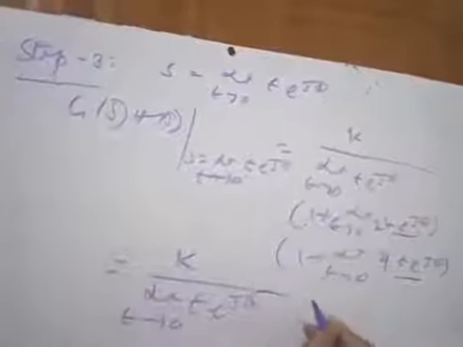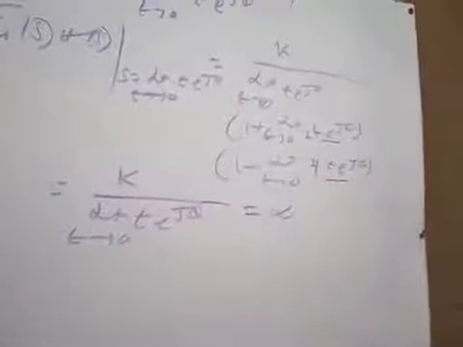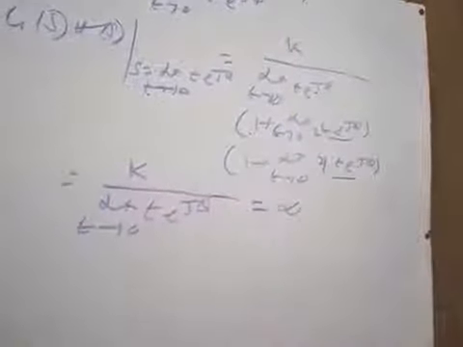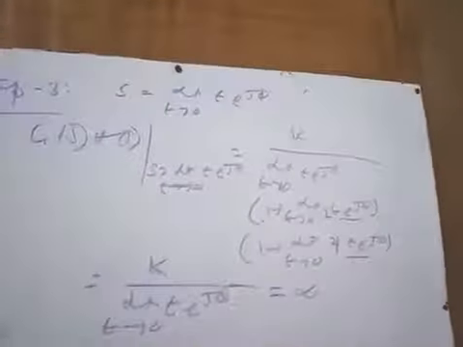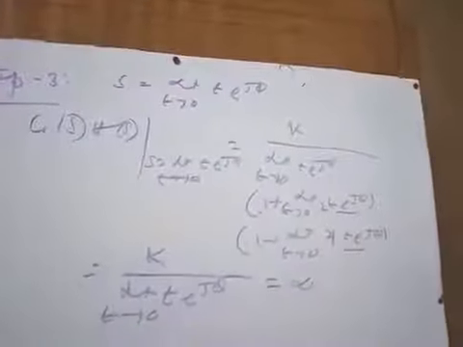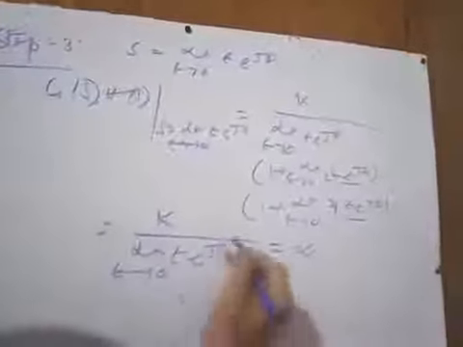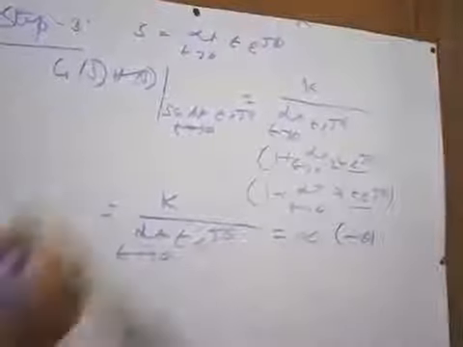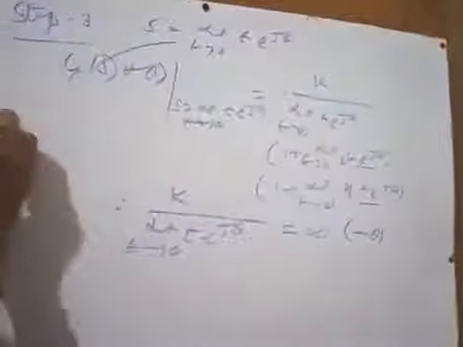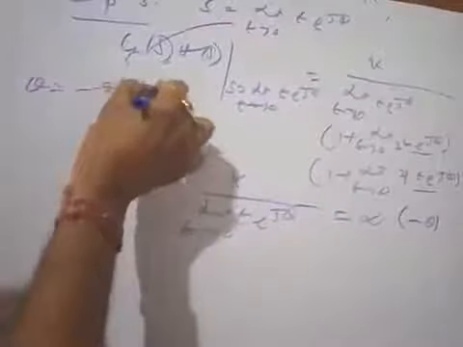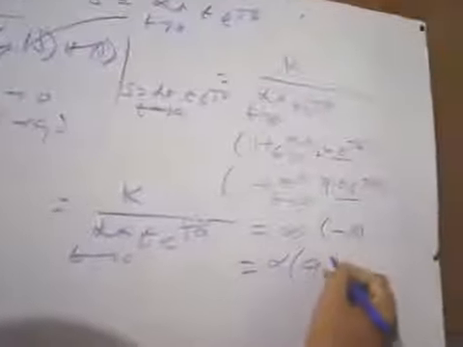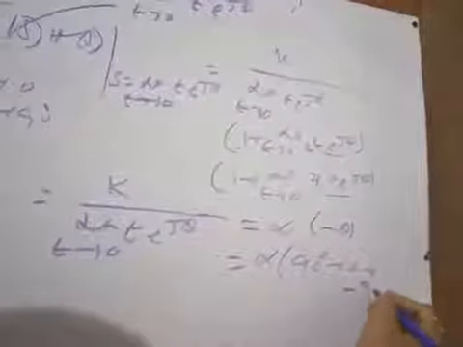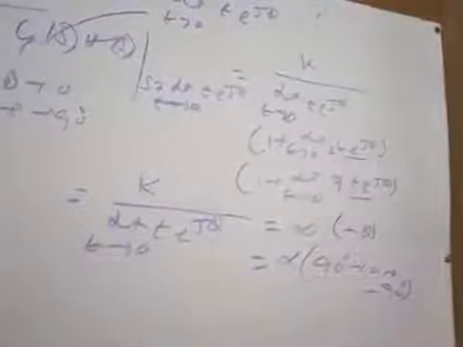So the magnitude will definitely be infinity. And as you know from the previous discussion, in every case of the type 1 system, when you put s equal to limit epsilon tends to 0 epsilon e to the power j theta, it will be all the time infinite. Now what about the phase? The phase in this case is minus theta. As this theta varies from minus 90 degree to 0 to plus 90 degree, this will be equal to infinity with phase plus 90 degree to 0 to minus 90 degree, right? So you get the magnitude and phase.